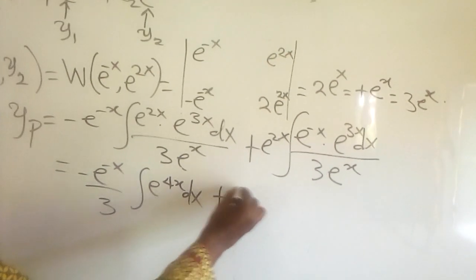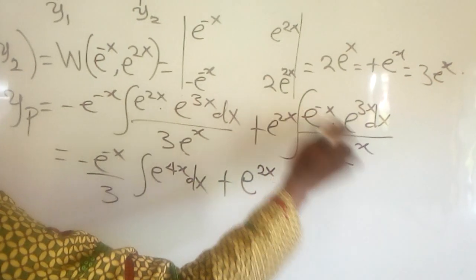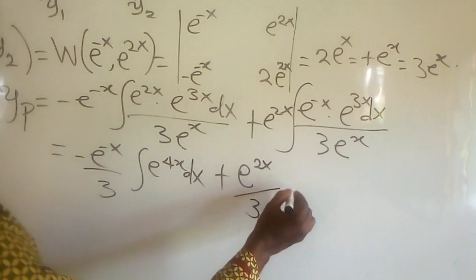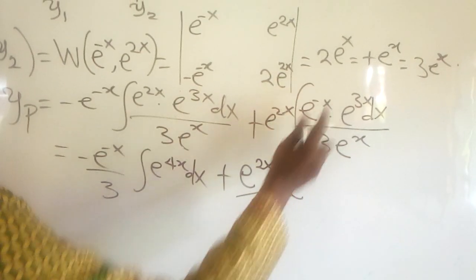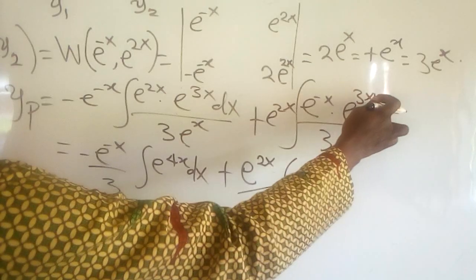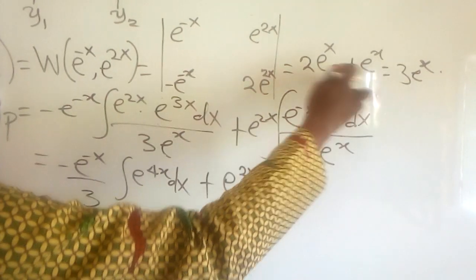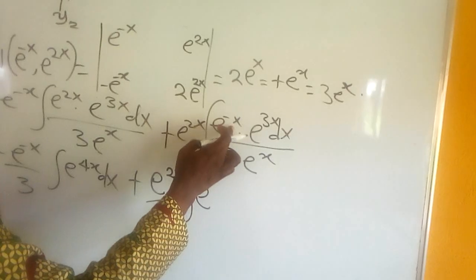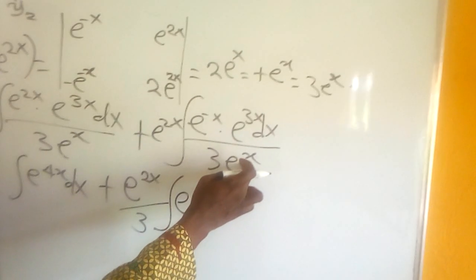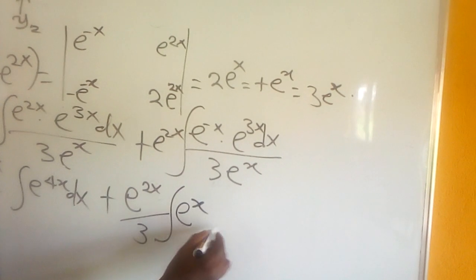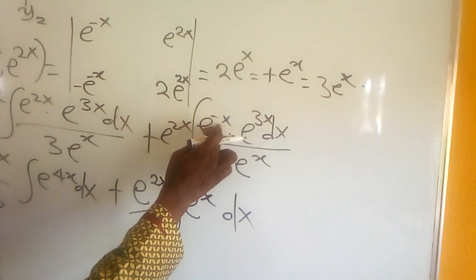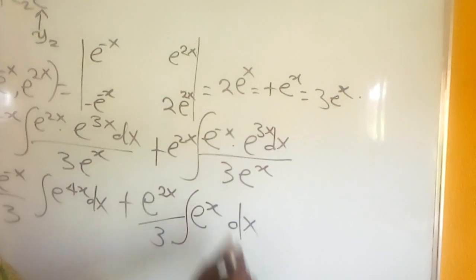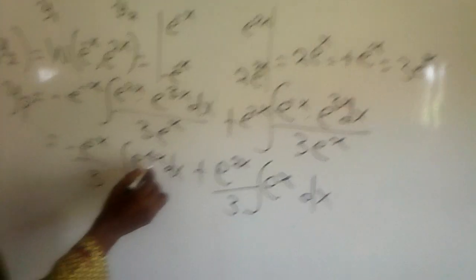So plus exponential 2x. When this comes out, the 3 is out at the denominator level. Now integral of exponential, this will give you 2. When it comes up, it will give you an ordinary exponential function. That is to say, we are having 2 here. When we reciprocate the denominator, we'll be having exponential x differential x. Minus x plus 3x, we are going to get 2x. When this reciprocates, we get x. Then we integrate this further, and this gives us,